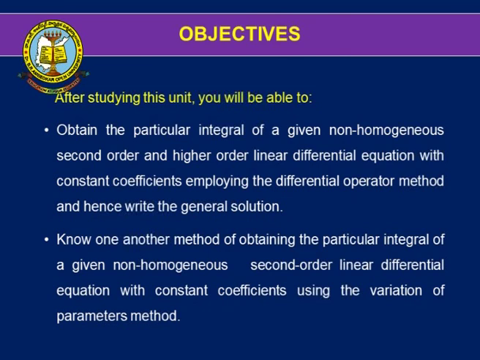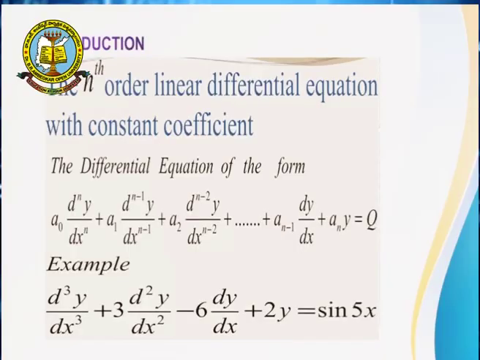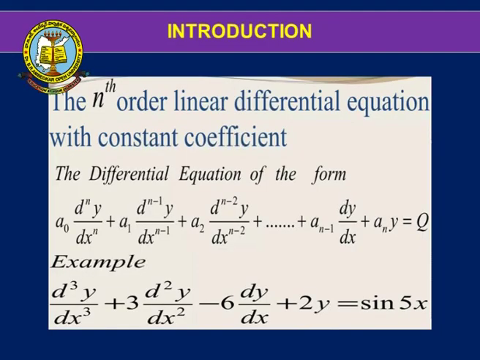Now the introduction part. Recalling previous knowledge on this unit, the nth order linear differential equation with constant coefficients has the form a0 d^n y/dx^n plus a1 d^(n-1) y/dx^(n-1) plus a2 d^(n-2) y/dx^(n-2) plus so on plus a(n-1) dy/dx plus an y equal to Q. Now an example: the left side term is d^3y/dx^3 plus